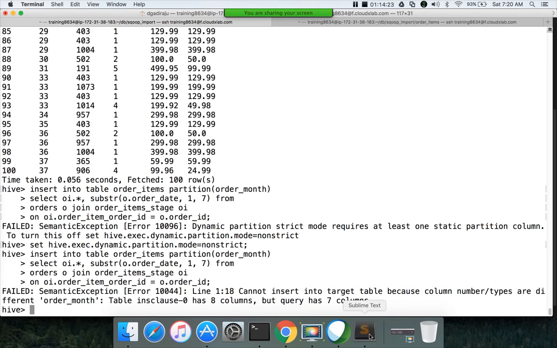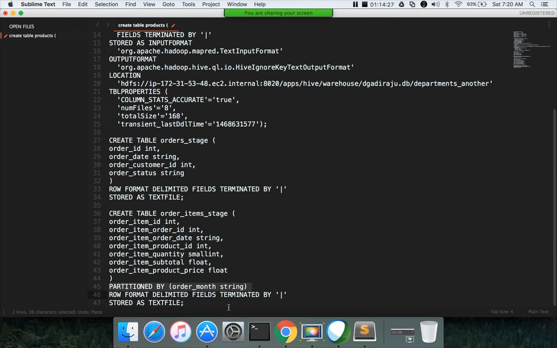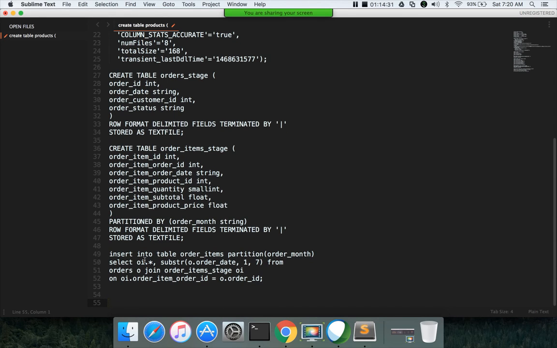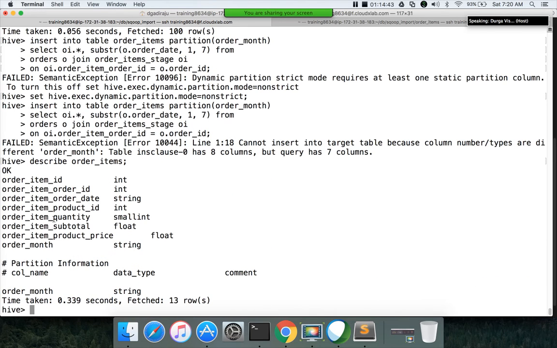That's why it is failing. So I will use Sublime Text again here to fix the issue. Here we cannot use OI dot star. Instead, we have to get all the columns from order items, which are these ones.